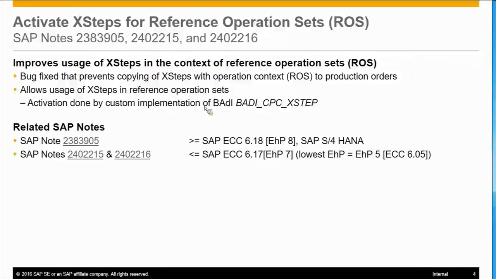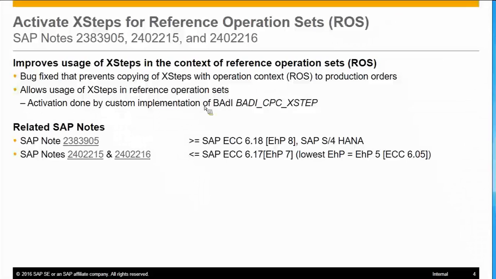This extension layer was merged with the classical application layer SAP APPL, and this merge was done in the classical business suites, starting with Enhancement Package 8,